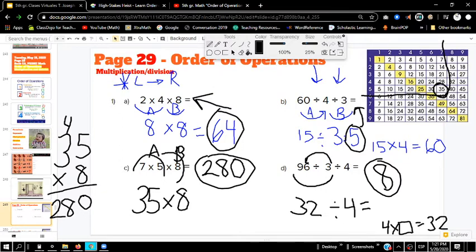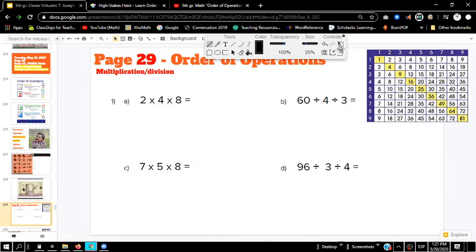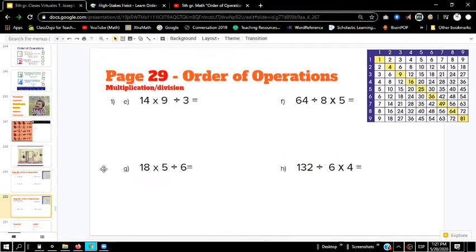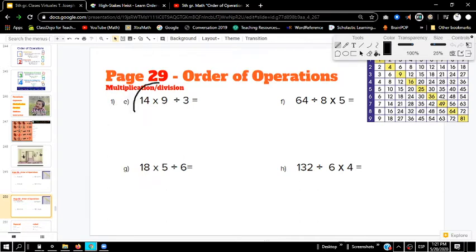I'm going to erase the board, and we're going to go to the next couple of problems. Let's go to letter E on page 29. Letter E is similar to the other problems in that we need to do what's from the left and then go to the right. So let's do 14 times 9 first, and then we're going to divide by 3. 14 times 9